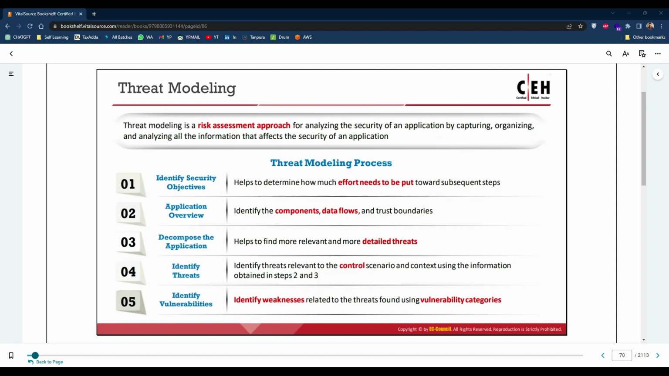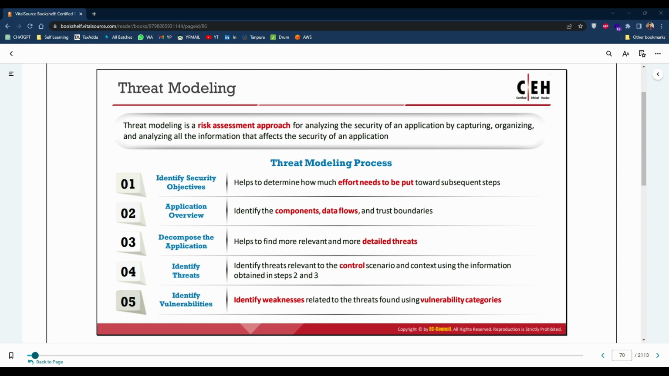So the next point is threat modeling. Threat modeling is a risk assessment approach for analyzing the security of an application by capturing, organizing, and analyzing all the information that affects it. Then again, the threat model consists of three major building blocks: understanding the adversary perspective, characterizing the security of the system, and determining the threats. Every application should have a developed and documented threat model that should be revisited as the application evolves and deployment progresses, right? So yes, these are the five phases, or five processes,